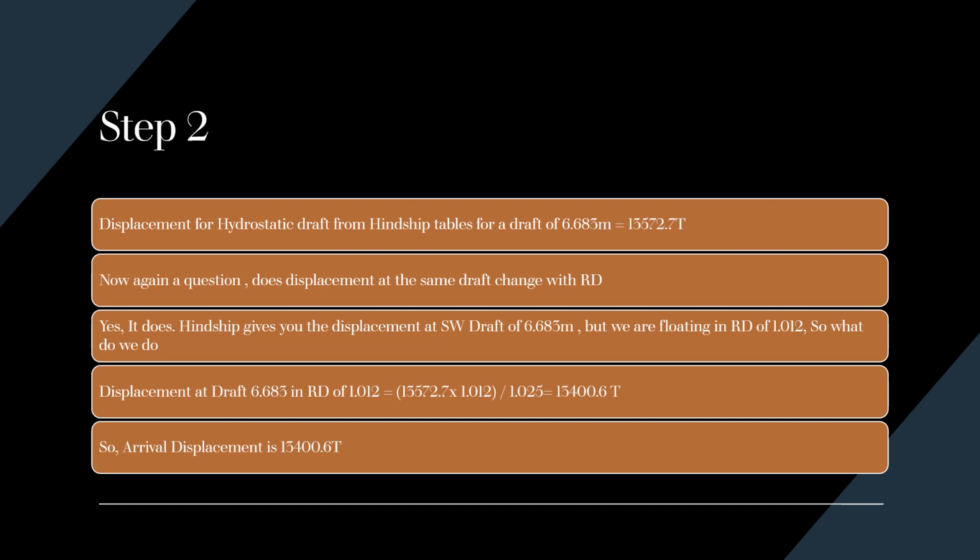You just have to multiply it by 1.012 and then divide it by 1.025, which is equal to 13400.6 tons. So your arrival displacement in relative density of 1.012 is 13400.6 tons. I hope this is clear, and it would be actually important for you to go through the first